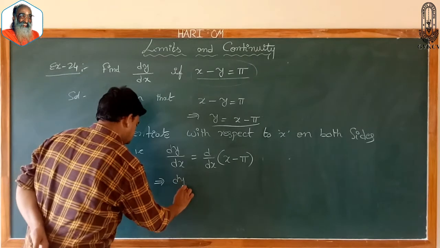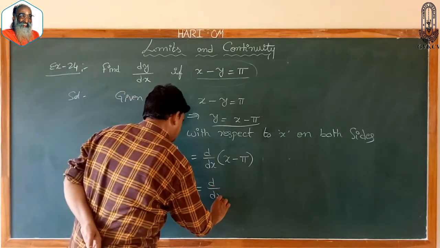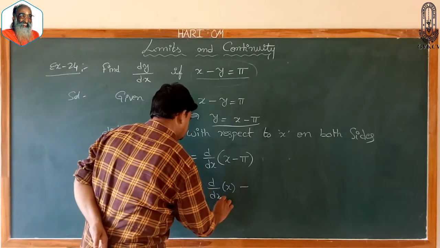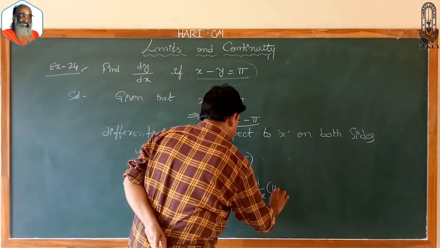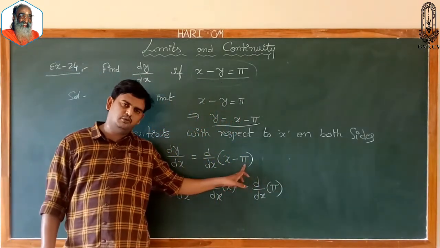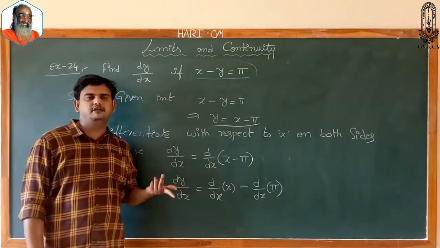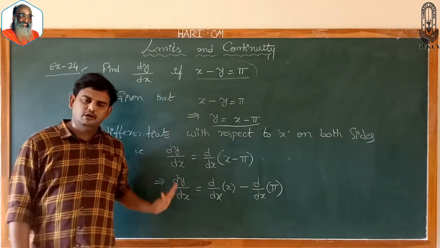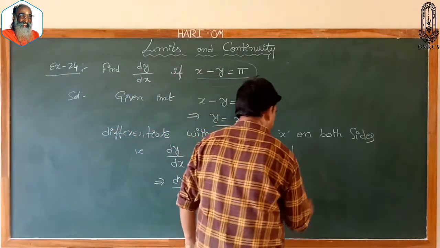That implies dy by dx of x minus dy by dx of pi. So this differentiation is applicable for both x and pi. Here y is another different variable, so we can't simplify. We have to write it as dy by dx. That implies